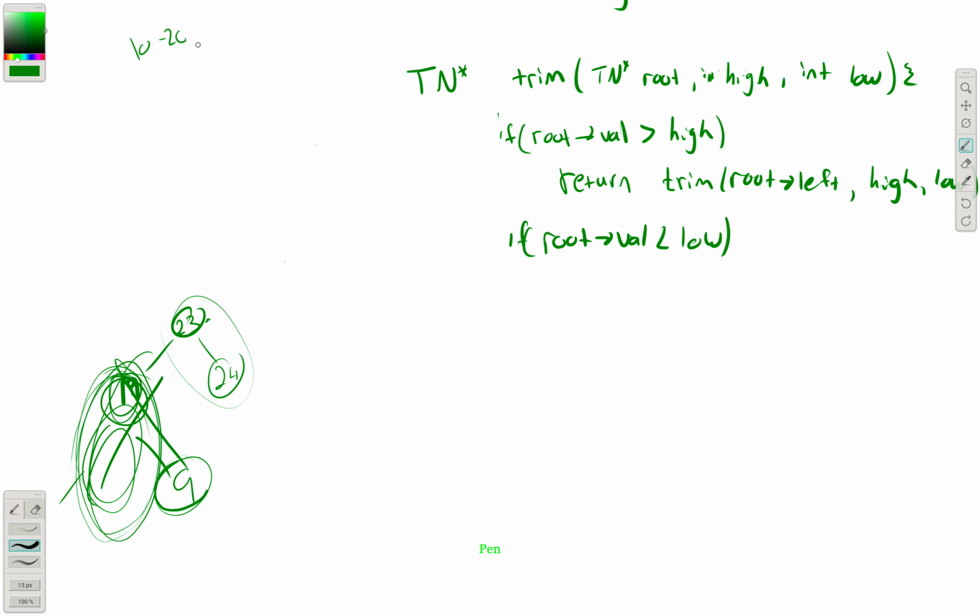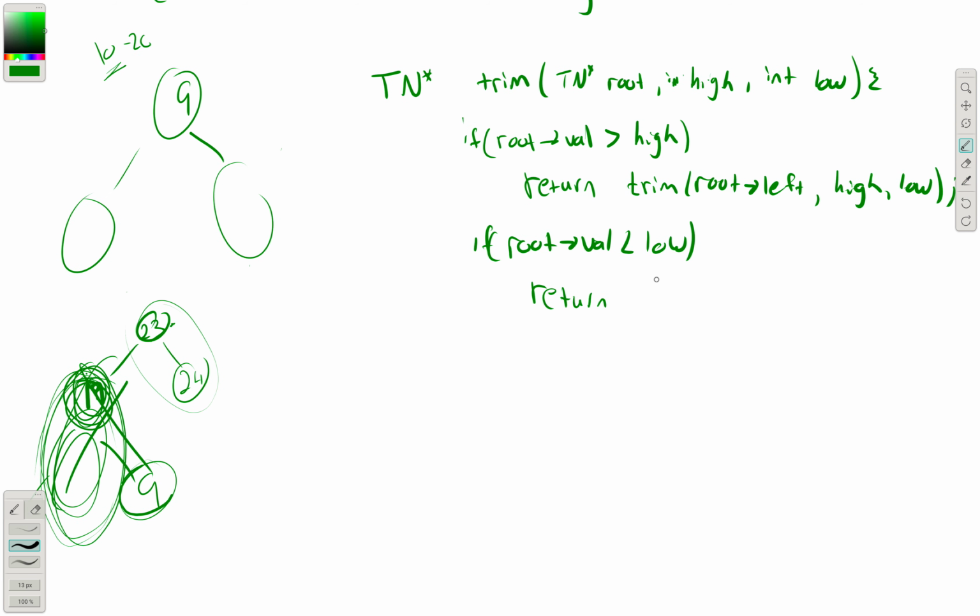Okay, let's say we started off with 9 here. I don't want to get to the case where it is in range yet. I want to first do out of range. So then we have 9, subtree, and subtree. If the value 9 is less than our lowest number on the range, then what do we do? Well, we just return the trim